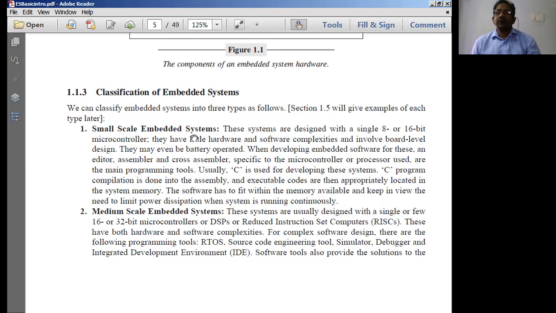This is what is called an embedded system. So embedded systems, as I mentioned, what is a system? A system is nothing but an interconnection of many other subsystems to perform an intended task. Now coming to embedded systems, it is also an interconnection of many other systems to perform a dedicated functionality, to perform a dedicated task,